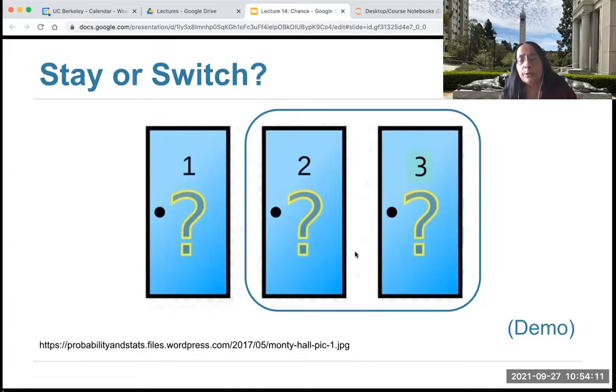Anna, I'm not picking a new door. The probability that the car is behind my door, the original one that I picked, is 1/3. The only other place it could be is the other door that is closed. Therefore, the chance that it must be behind that other door has to be 2/3. But I agree. It would be nice to see this in action, right? Shall we just play this game? I think we should just play this game.